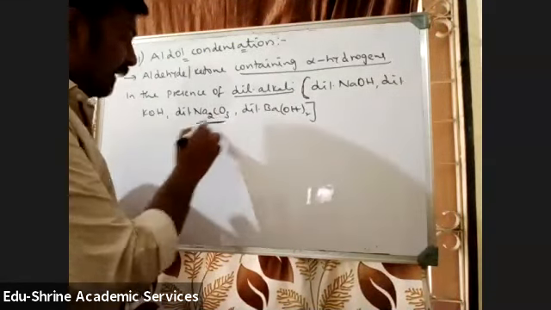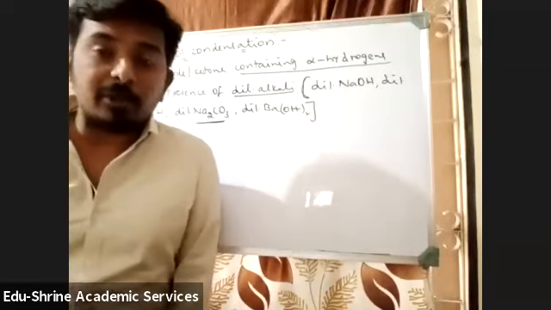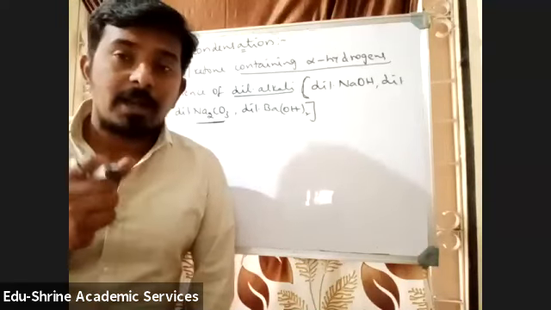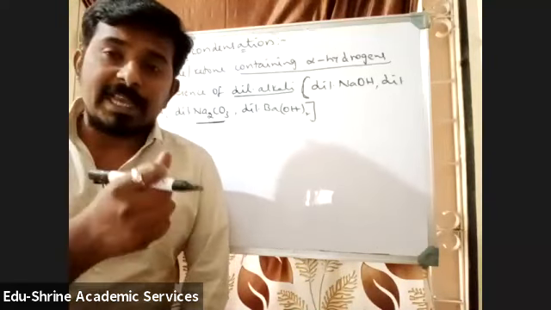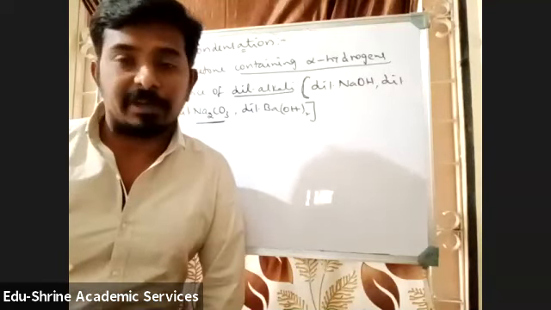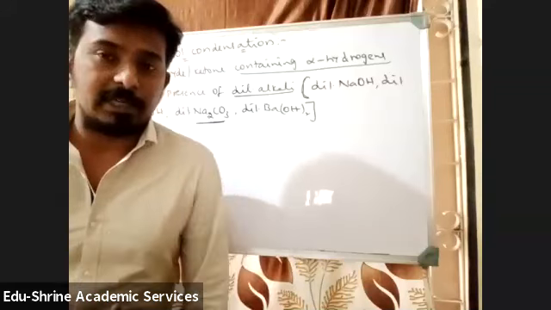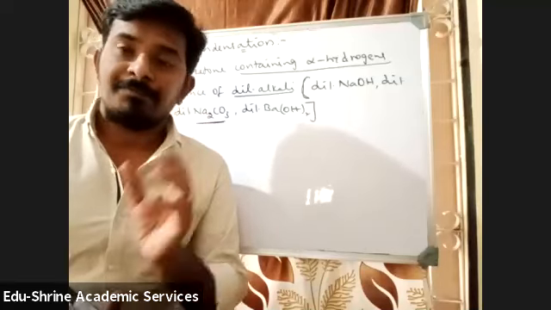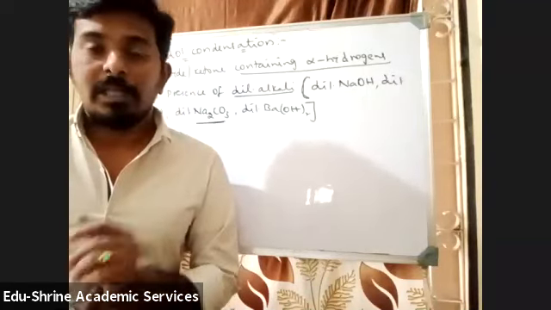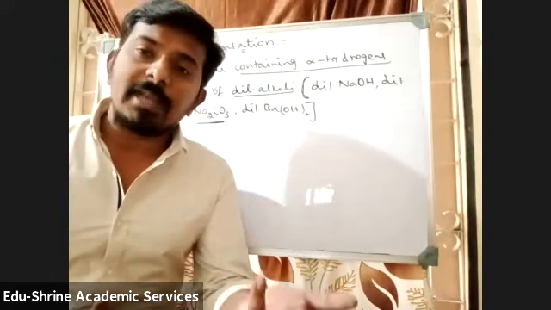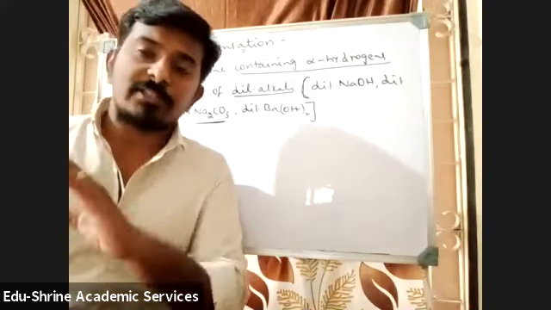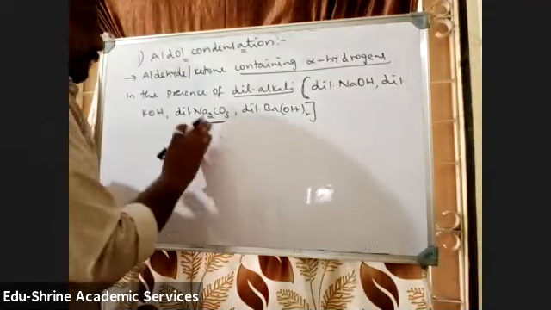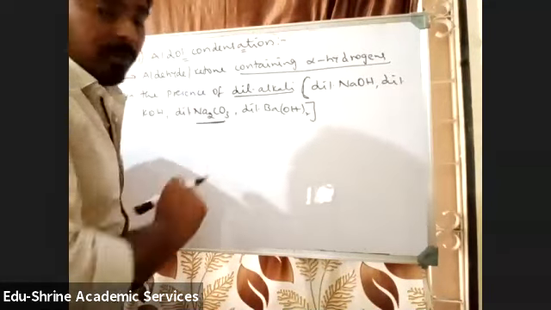So this is a salt, students, Na2CO3. Whenever you get a salt in the exam, don't think that no reaction has been given. Whenever there is a salt, identify what type of salt it is. Already in the last class, we discussed salt hydrolysis in the KVPY revision class. In the first year itself, you must have studied about that. So when a salt is given, just try to identify whether it is an acidic salt or a basic salt. If it is a basic salt, the reaction will be in the alkaline medium only. If it is an acidic salt, you need to assume that the reaction is taking place in the presence of an acid. So be careful. Don't leave that; check what type of salt it is.